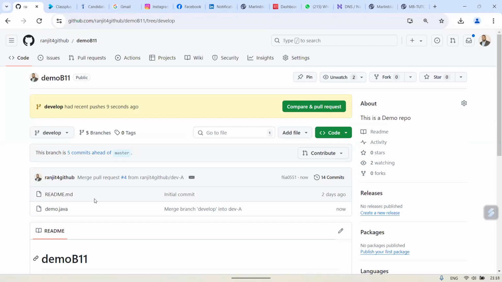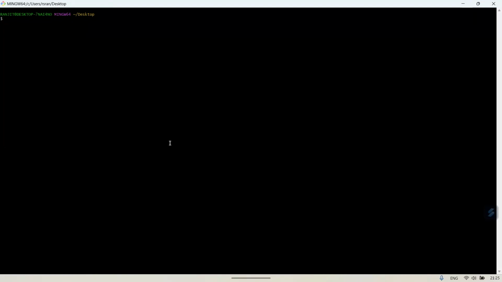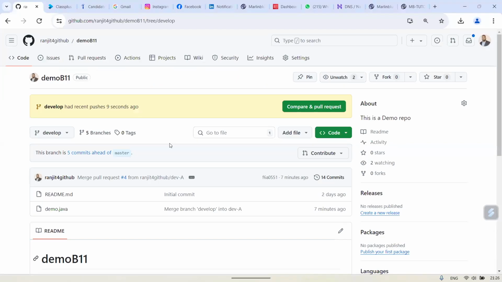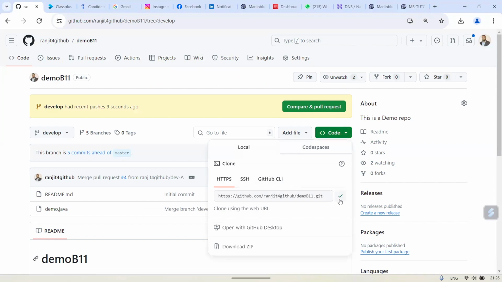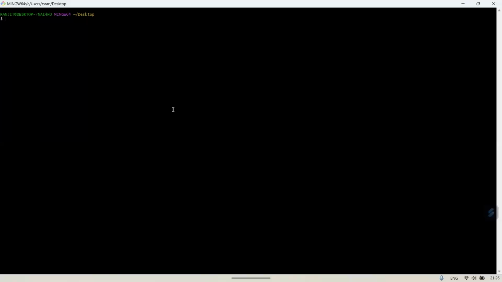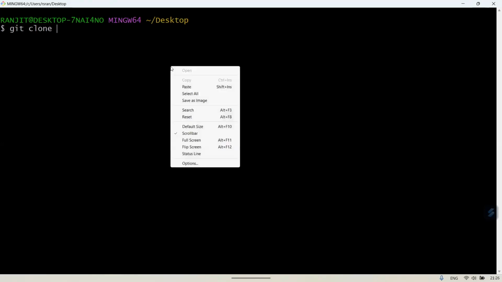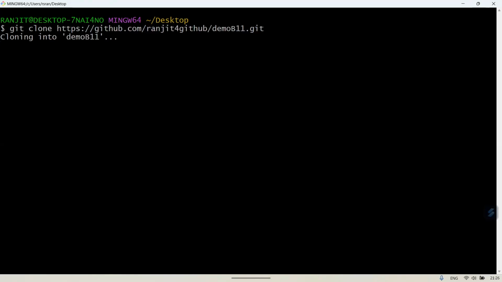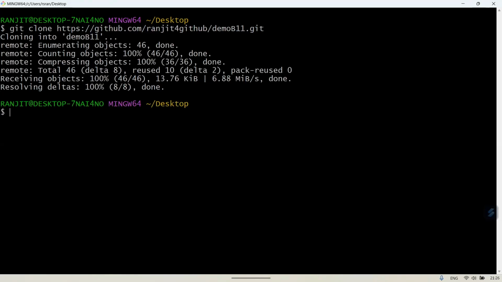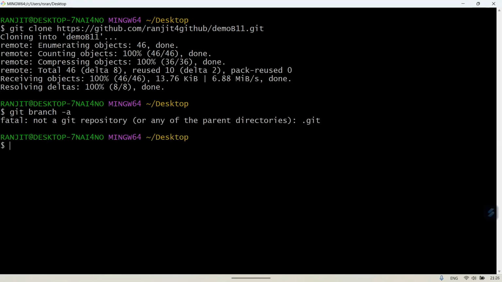Okay, now same thing, let's see it in Git. We saw it in GitHub using the UI. Now let's see how we can do that in Git. Let's first clone the repository to my local machine. So let's get the URL. I can do git clone on the repository. Now paste it here. Done. So if I just do git branch -a,